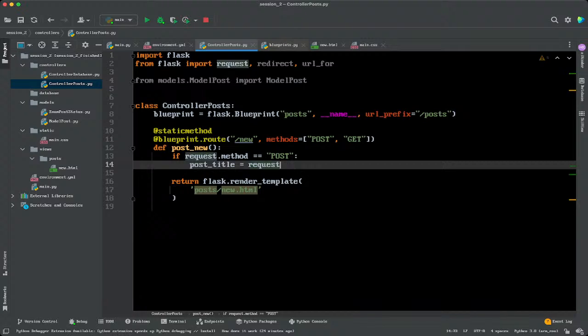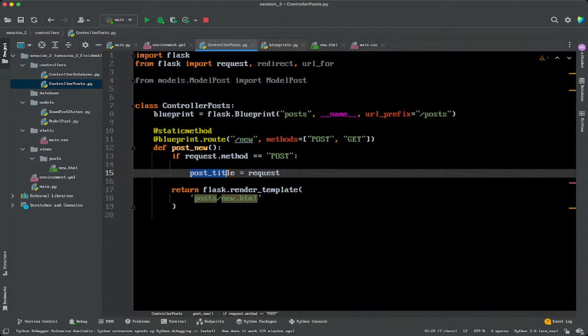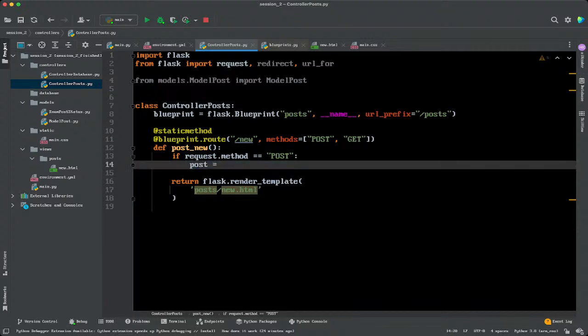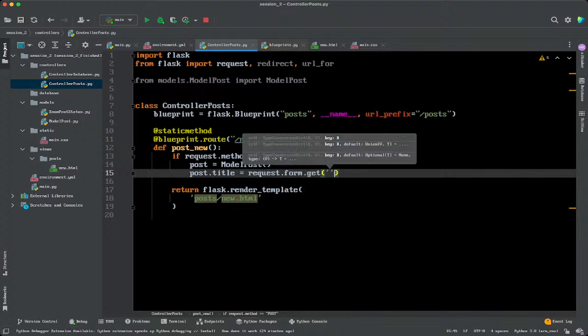Actually, we could just construct immediately post without having it in two ways. So sorry, let's write it. Post will be the model post. Remember, we created the model file, model class, I mean the data class, right? So post dot title, and then request form. So there is this form again. The form is hard coded there. So then get, and let's get the post